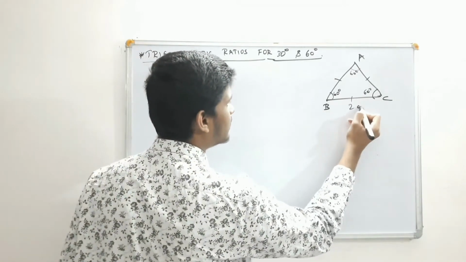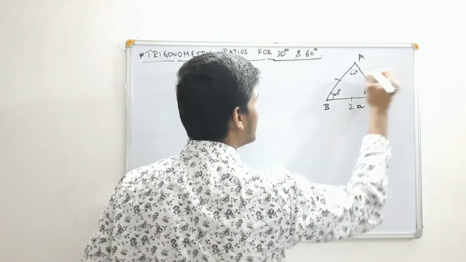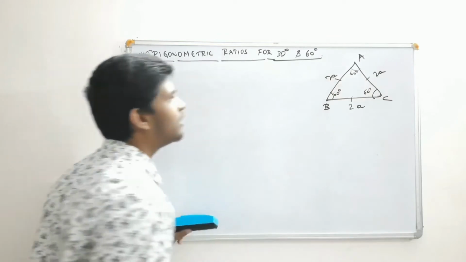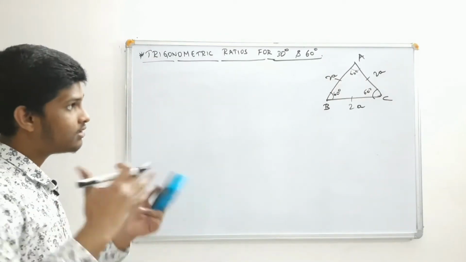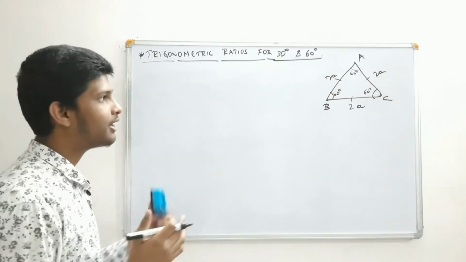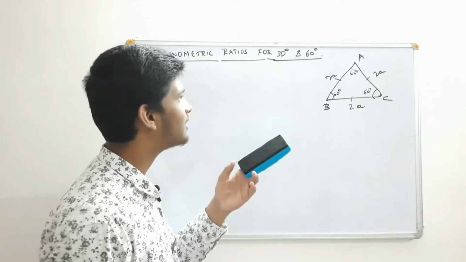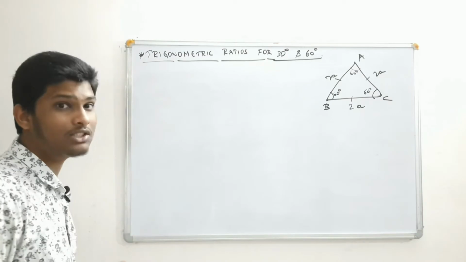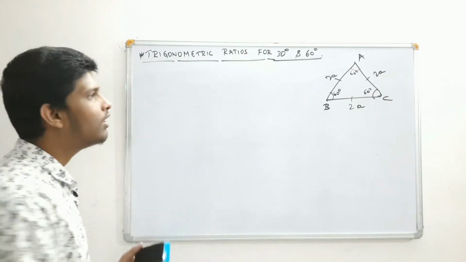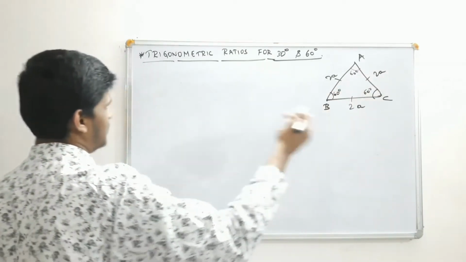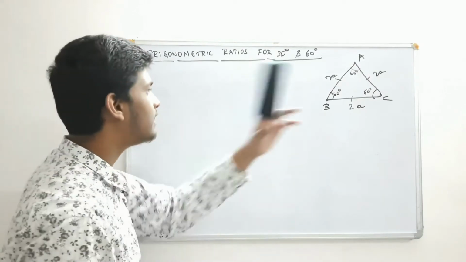So let's consider these sides to be 2A, 2A and 2A, all of the same size, same angles. And here the theorem also applies, that sides opposite to equal angles are equal. This angle is equal, opposite equal, opposite equal, everything is equal, and this is the equilateral triangle.